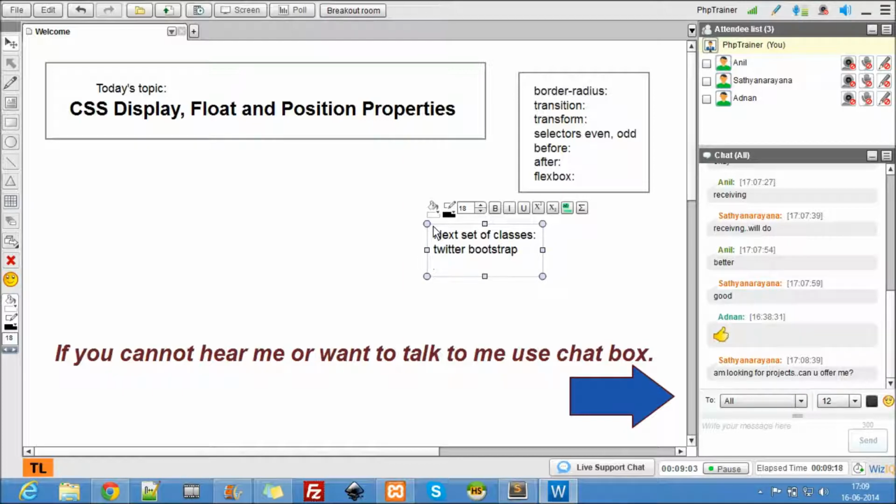I like Twitter Bootstrap personally. Some people will also suggest Zurb Foundation. These two are front end frameworks. Now we are writing the classes all the while. These are nothing but classes that are already written. All we have to do is use them. That's it.